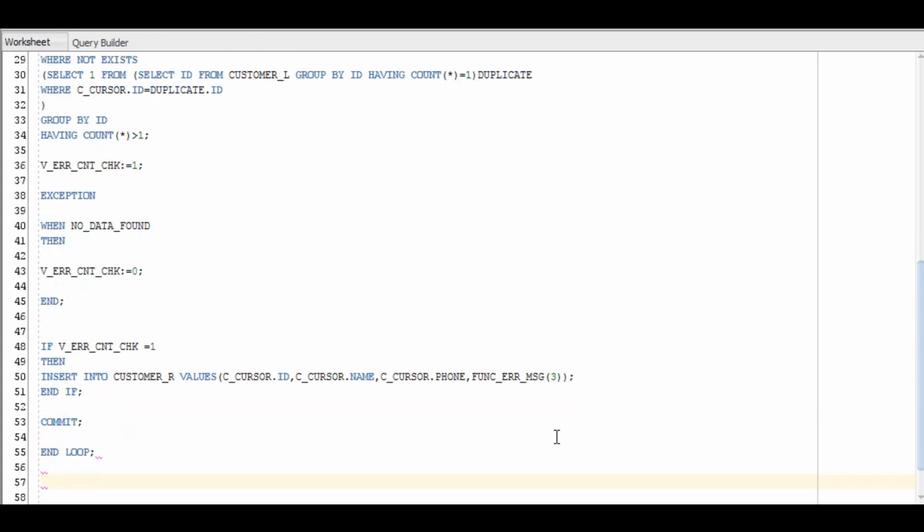So now we are committing all the inserts and we are exiting the loop for the cursor. And in the last, we'll be updating the landing table. As you all know, we have one column in our customer underscore L table, which is error flag. So we'll be updating error flag as Y wherever records are rejected.